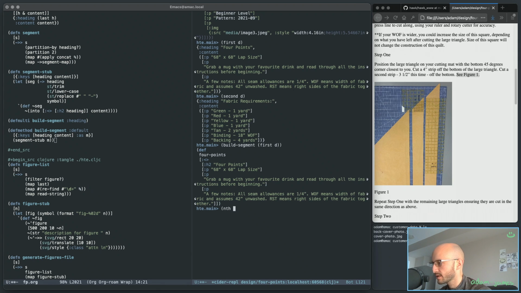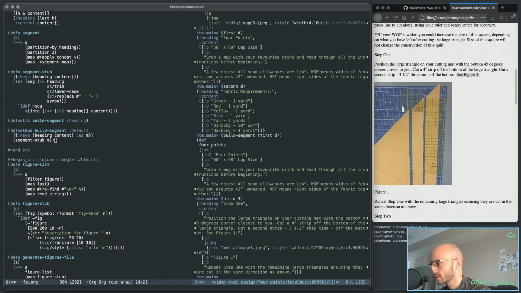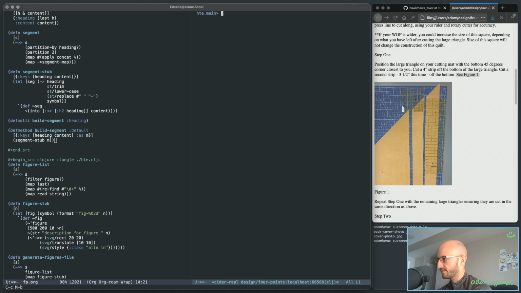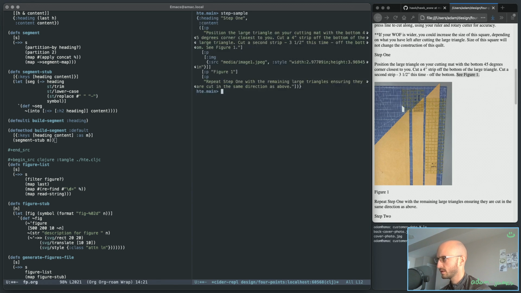First, let's do nth from D. Yeah, okay, so let's step sample is nth D3. So now I've got steps. Step sample is this set of things. So I can create a stub segment that